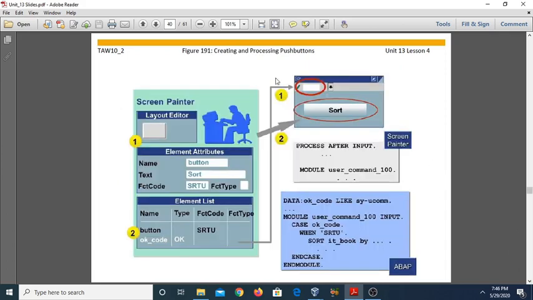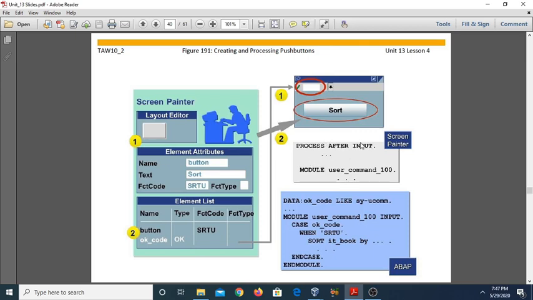How we can create and process a push button, I have shown you practically. Some of the attributes that I have discussed here: the name, tags, function code. This is a function code. You can see it step by step. Suppose once you have assigned this particular push button onto a screen, when you double click on it, that means on clicking, the screen has already been displayed, and on clicking means process after input. So you need to define the code for the push button always in the PAI.